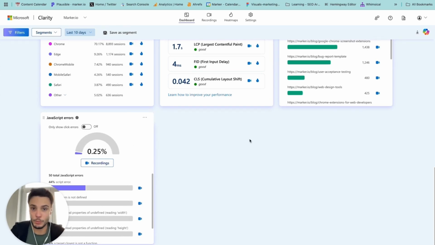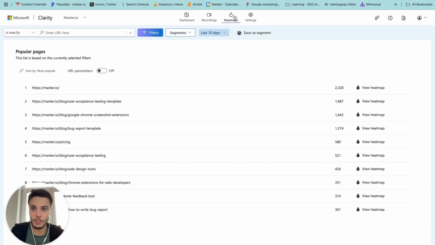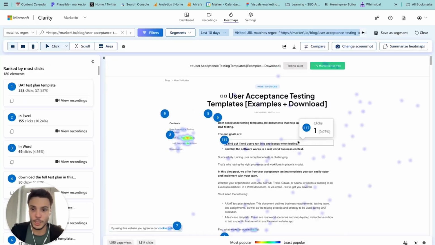But my favorite feature is their heat maps, because it shows you exactly how people at scale are interacting with the page, and you can see if there are improvements that you can make. So for example, we're going to go to heat maps now, and we're going to check one of our blog posts, and I can see that in the last 10 days we had